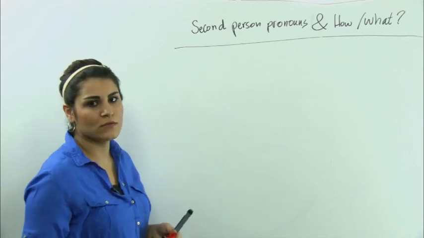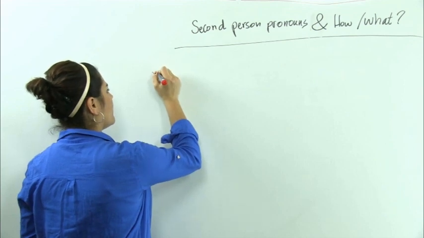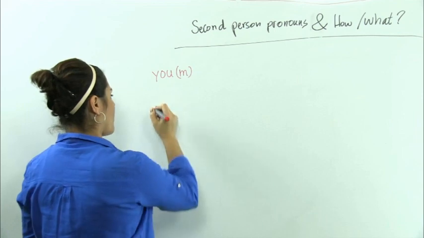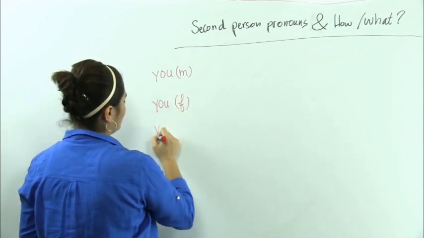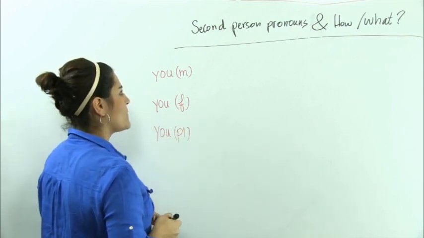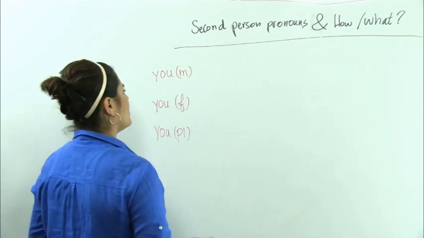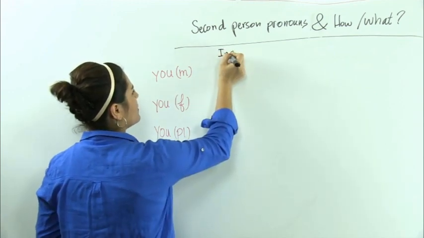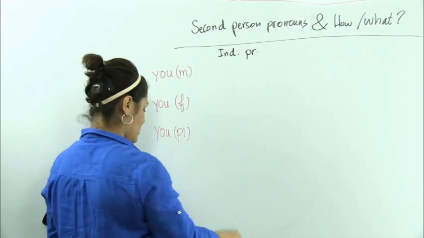Here, for second person pronouns, we have three. We have you, masculine, you, feminine, and you, plural. As I said, pronouns have to match the gender and the quantity. So, independent pronoun, I'm going to write here, independent pronoun. You masculine is